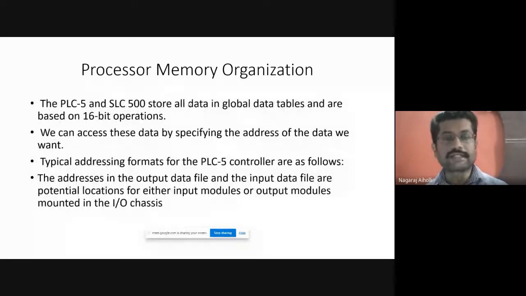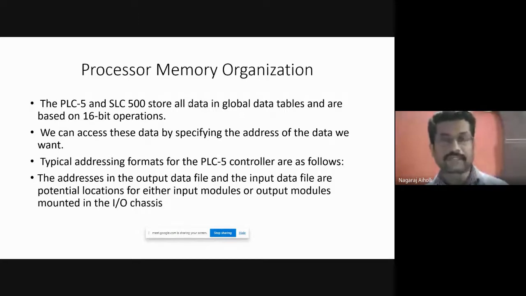PLC5 and SLC500 PLCs store the data in the form of data tables, or what are called global data tables. Right? The PLC5 and SLC500 PLCs are storing the data in the form of a data table. This we have seen earlier, is it not? Image table, how the status of the input device is stored in the memory location in the form of an image table.